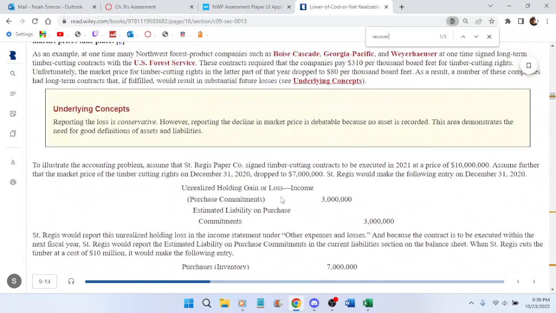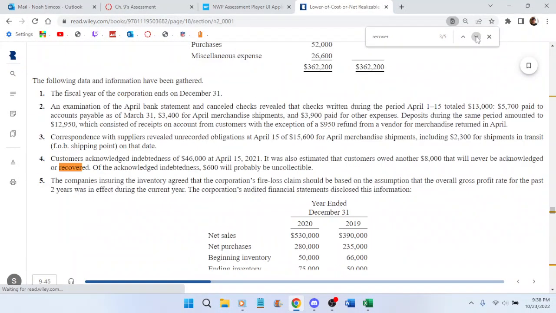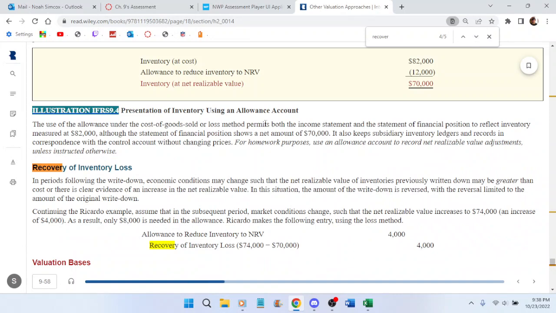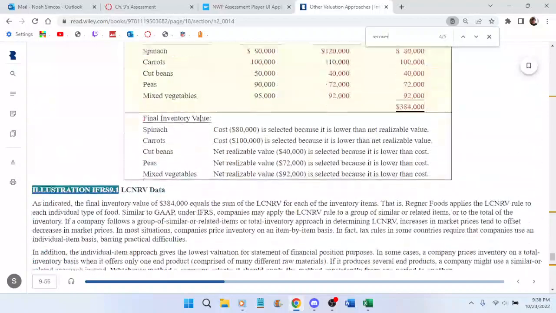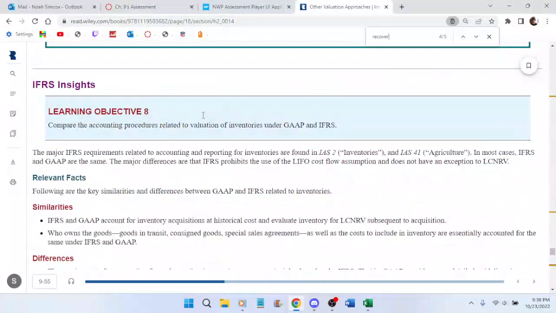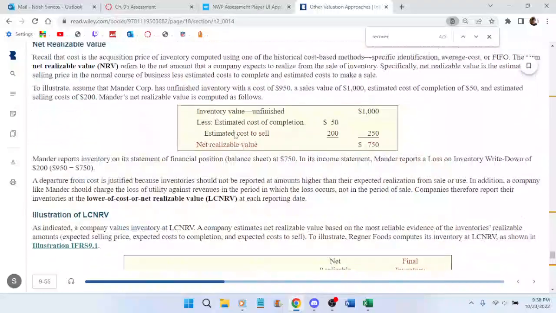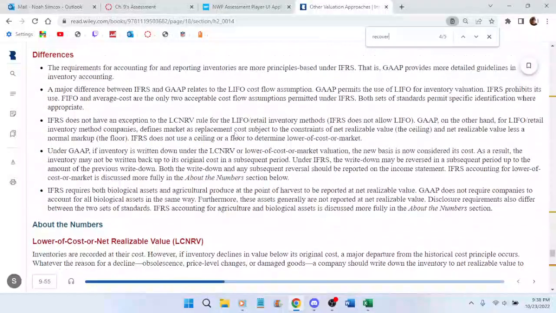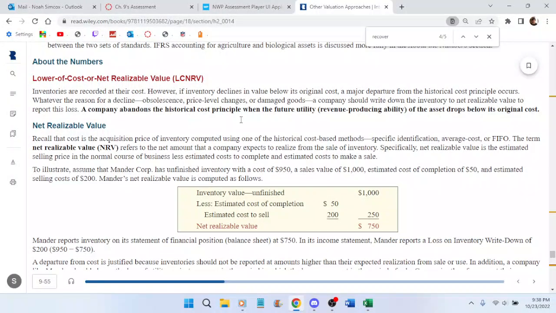I know why. The reason I couldn't find it is because it was down here. That's why I couldn't find it initially. It wasn't even really my fault. It was all the way down in Learning Objective 8. And there's all this extra information down here in Learning Objective 8 that is being asked of us in our homework questions. Funny, I didn't read that part.